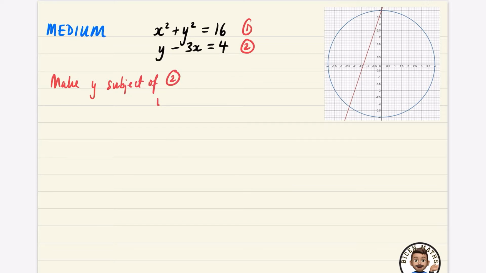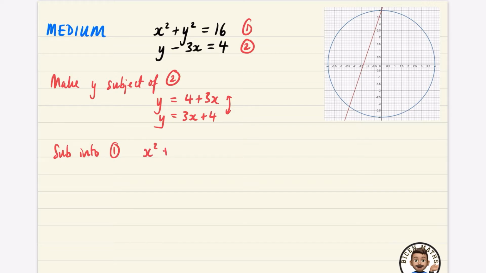So I'm going to add the 3x to the other side, so it's going to be 4 plus 3x. Now sometimes people find it easier to sub in if they write it as 3x plus 4. Both of these things here are exactly the same as each other, so you can do whichever version you prefer. So for the top equation, when I now substitute it into equation 1, we have that x